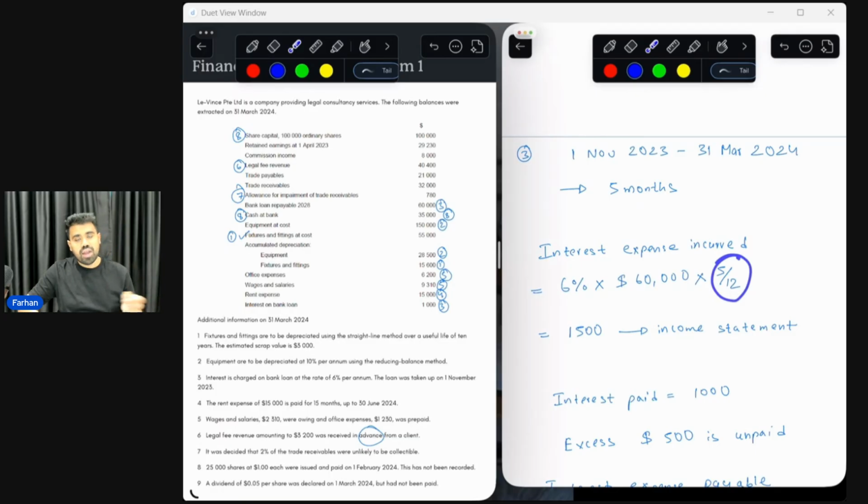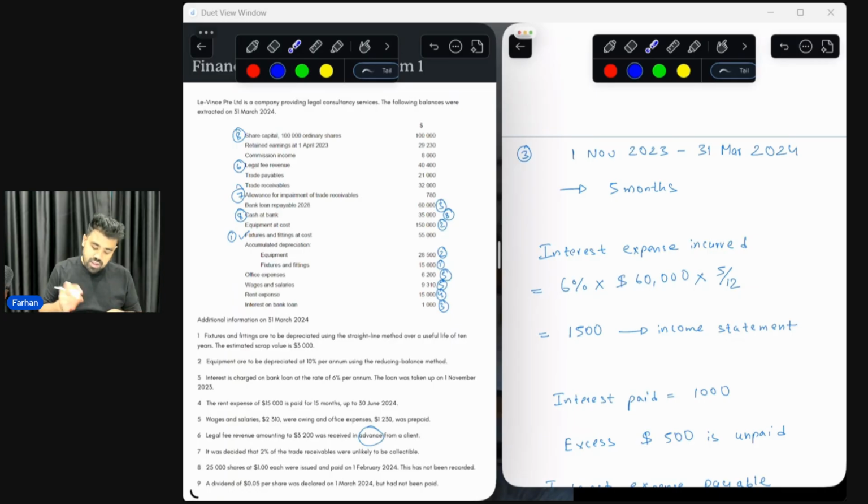Why are we doing that? Because the 6% here is an annualized rate, which means the loan has been in use for only 5 months in the current financial year, and therefore this is being adjusted for the 5 months out of the 12 months that we generally have in a year. Okay, so that gives us an interest expense which we have actually incurred of $1,500. Okay, and this $1,500 in interest expense incurred is to be included as part of our other expense when we prepare the income statement. Now, if you scan through the list carefully, which I always recommend you do, you would